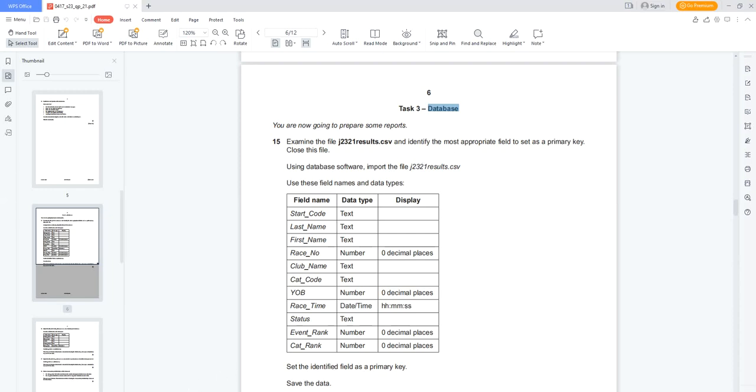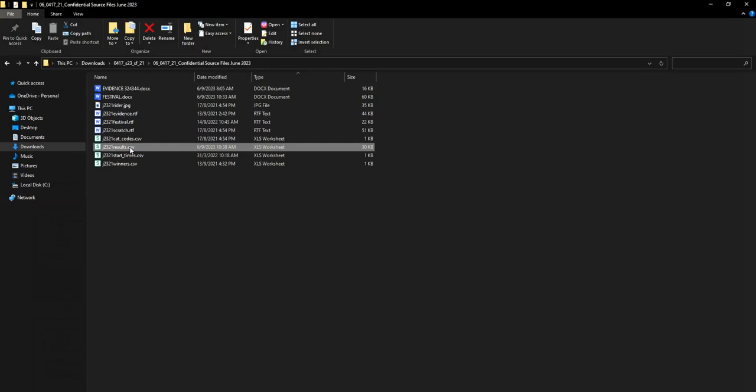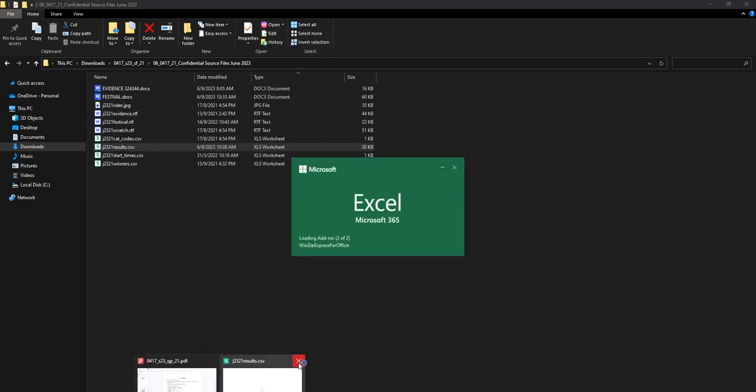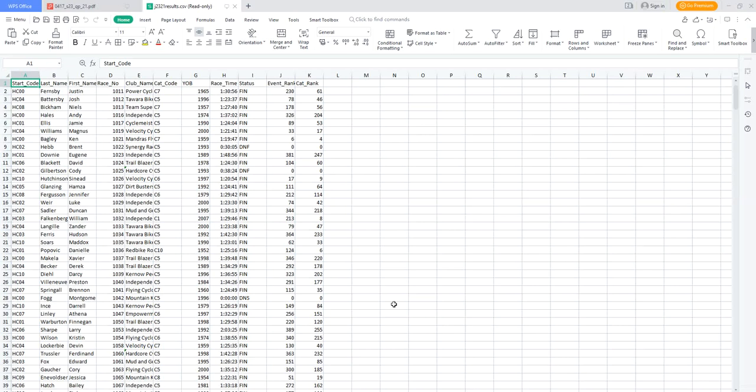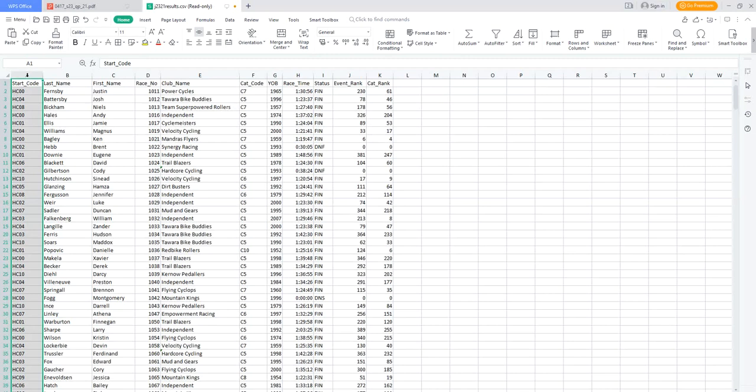Close this file. Now, the question asks you to open this. If you need the source file, I've already put the link in the description of this video. So let's open it and see what is there. So the file looks like this. We have the start code. The start code is going to be the primary key, then last name, first name, race number, then